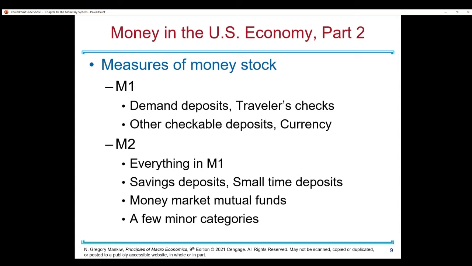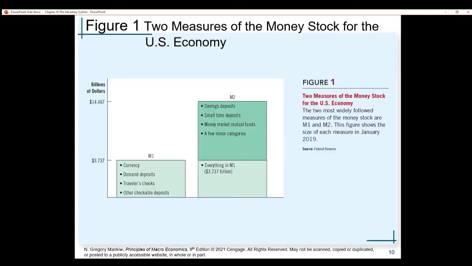So that covers what the money stock is. It's basically our checking accounts and our currency, not much else. Not cars, or anything else we have. Here we can see that M2 is significantly higher than M1.